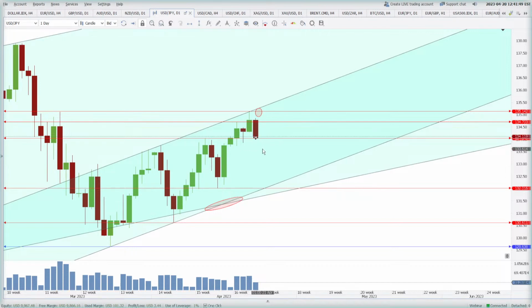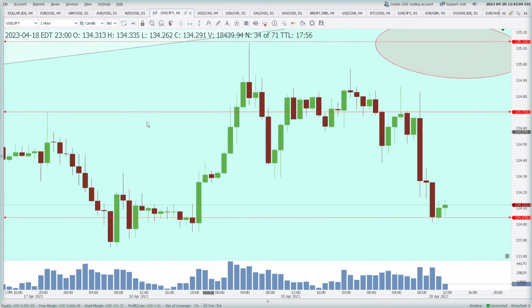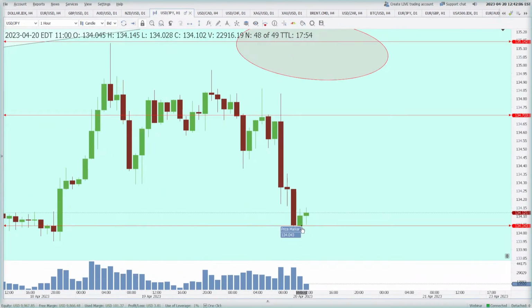All right, see, so the 135.14 area was the resistance recently. From there the price came back to test 134.04 as the fresh support, and it is holding as a support as of now. On the 1 hour you can see that the area is holding as a support. We are expecting a lot of buying in this area. And on the 4 hour,